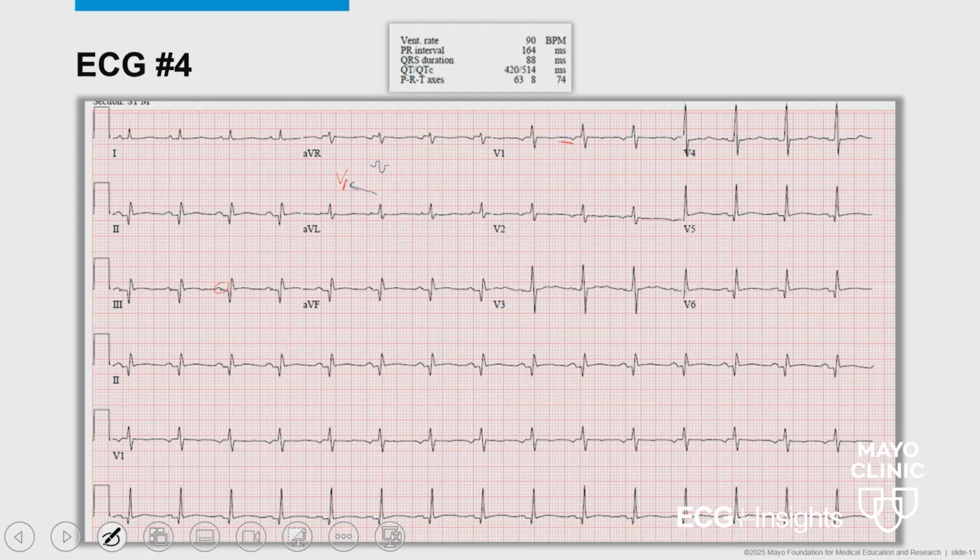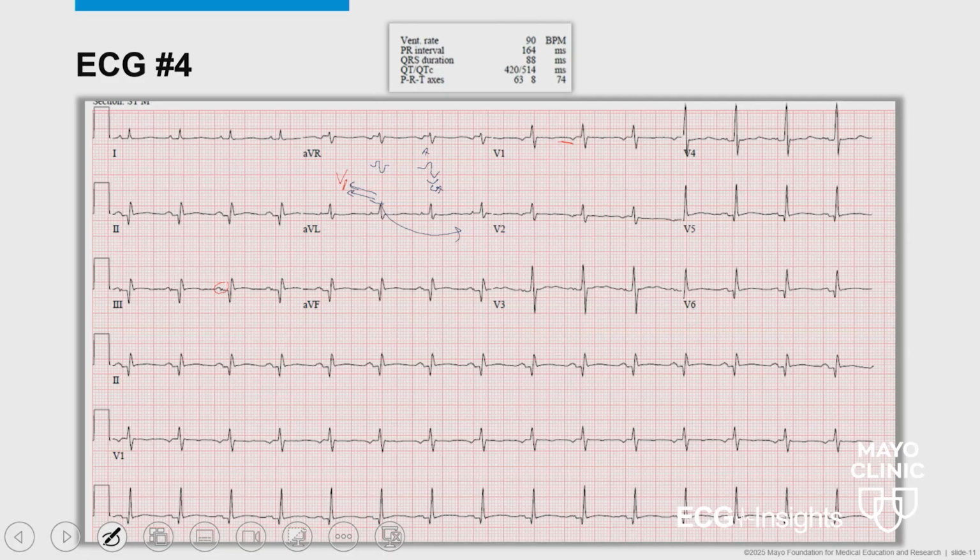So if you look at the P wave in V1, it is almost always positive in the initial part and negative in the terminal part. That's because the SA node is a posterior structure, so activation is going more anteriorly. So it makes that initial positive P wave, and that's the RA activation. And the rest, the negative part, is basically the LA activation. That is the vector going away from V1.